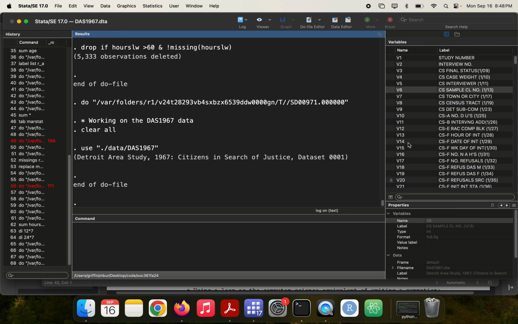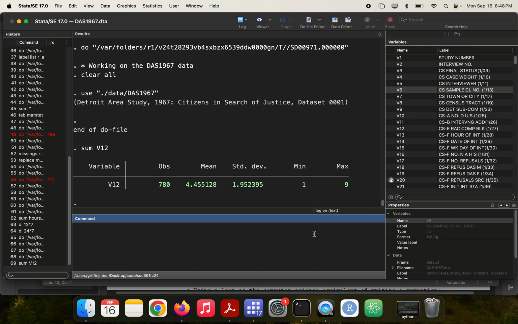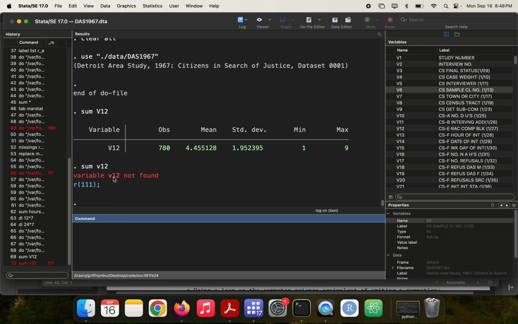So if you don't want to have all of these guys, like if I try to sum, let's say, what do we got here? Racial composition of the block, probably. Let's look at that one. So I can write sum v12. Okay, first of all, I have no idea what these numbers mean. There's no value label. Second, if I try to write sum v12 like this, I say variable not found because